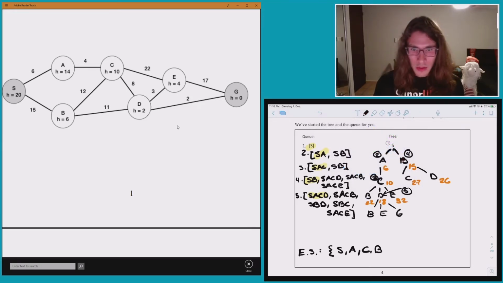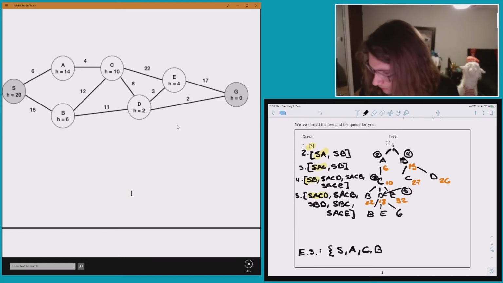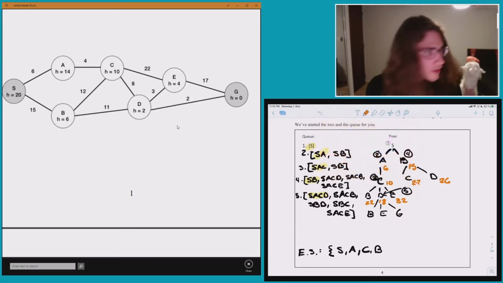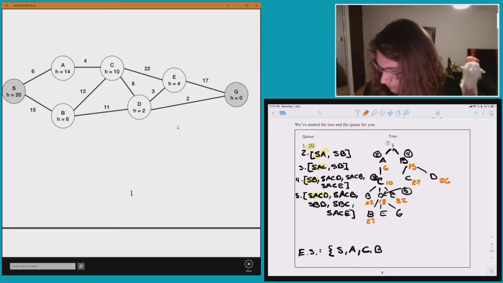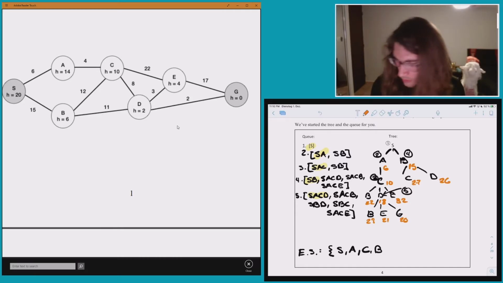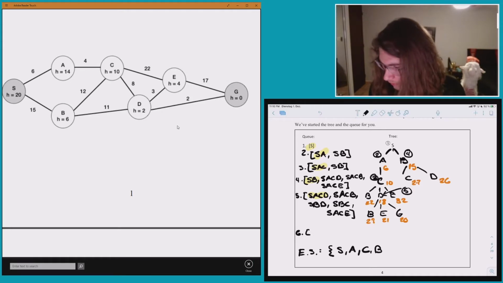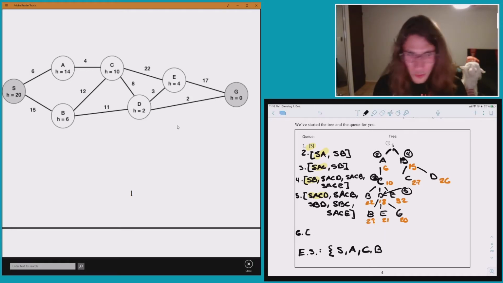Okay, so it's B, E, G. And I got caught up in my explanation, I'm missing the path lengths. This should be 29, 21, and 20. Okay, so this is going to be the long queue. Thankfully, this is the last step, because 20 is the shortest path length that we have available to explore, which means